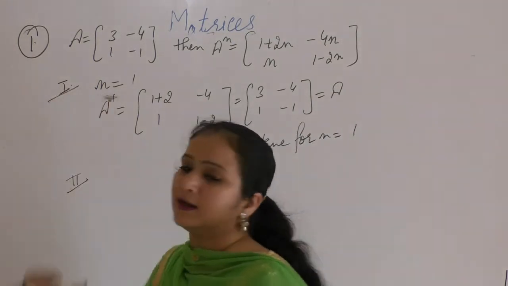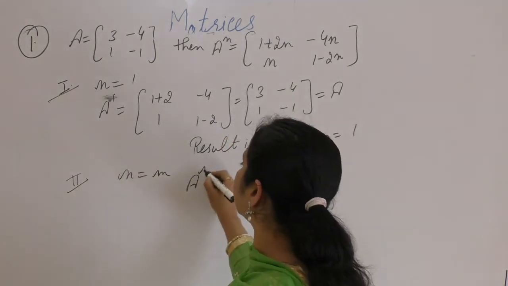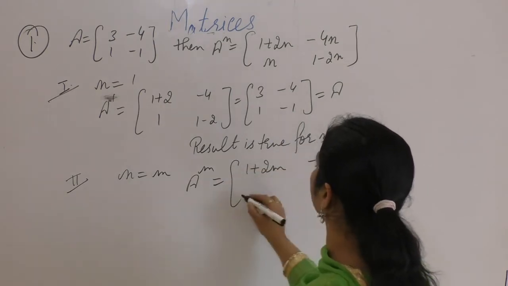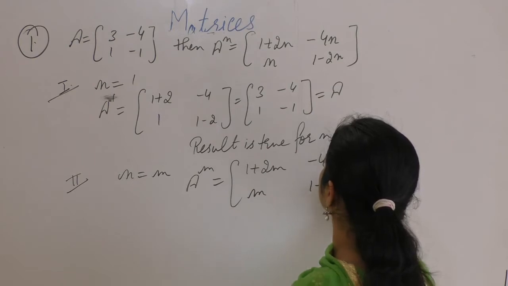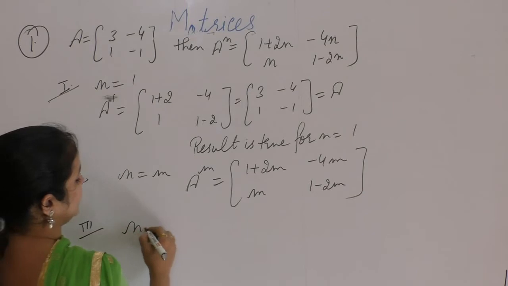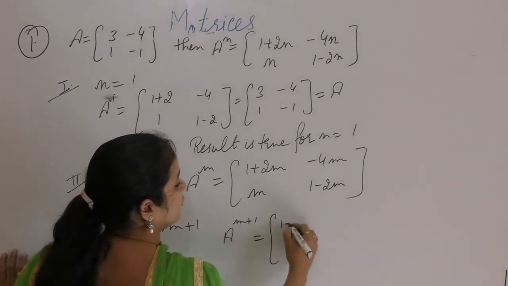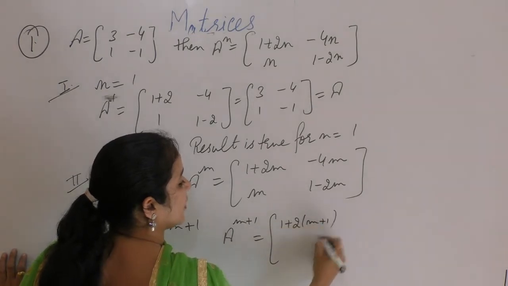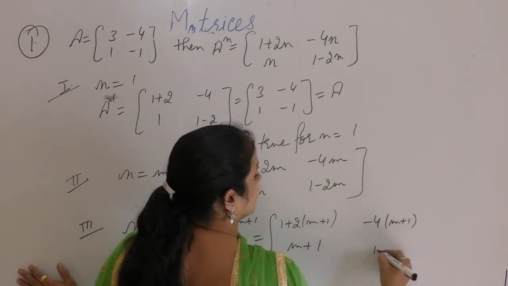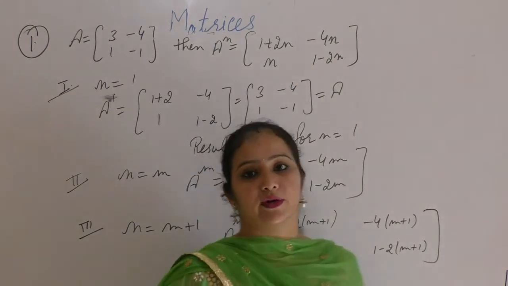Second step में let us assume that result is true for n is equals to m, then A^m is equals to [1 plus 2m, minus 4m; m, 1 minus 2m]। थर्ड स्टेप में हमें प्रूफ करना है रिजल्ट इज ट्रू फॉर n is equals to m plus 1, A^(m+1) is [1 plus 2 into (m plus 1), minus 4 into (m plus 1); m plus 1, 1 minus 2 into (m plus 1)]। ये हमें प्रूफ करना है।